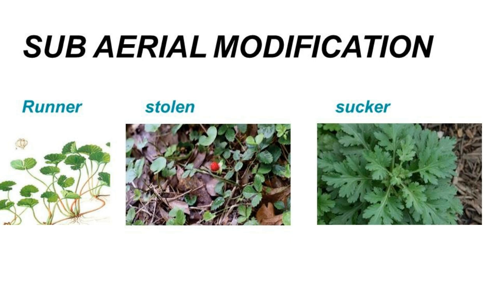The second one is stolon. It's a slender branch of the stem that grows upwards to some distance and then bends towards the ground. Upon touching the ground, it gives rise to a new plant. An example is wild strawberry. And the third one is sucker. Sucker is a short, weak lateral branch that grows diagonally upward and directly gives rise to a new shoot. The example is chrysanthemum. You can see the third picture.